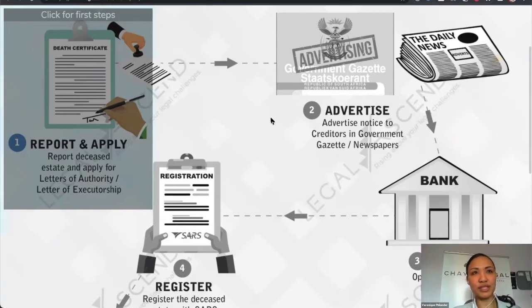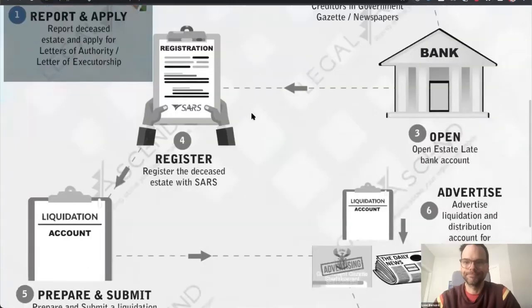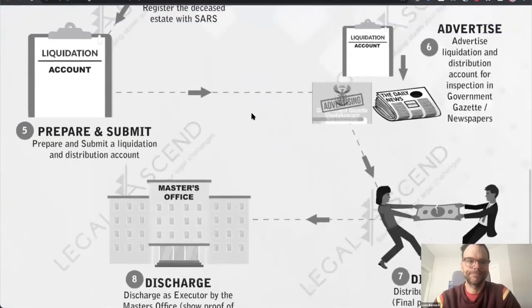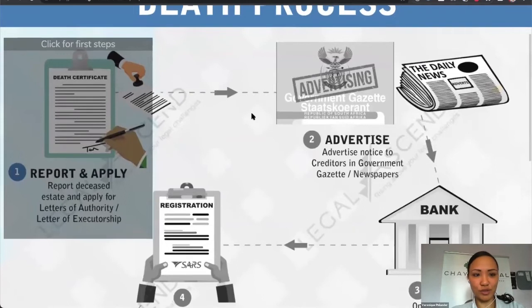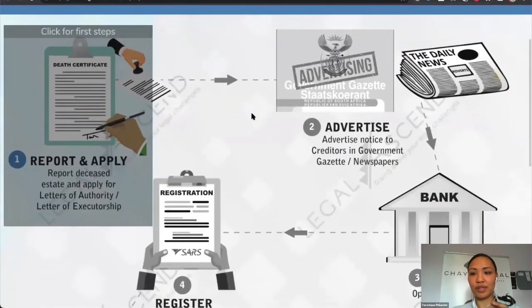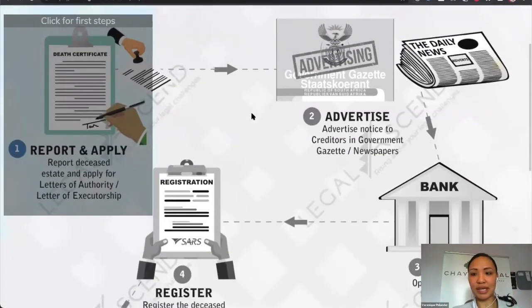If your estate is over $17,000, then you have to do the entire process, if you look at the map. But if it's less than that, you only have to do step one. So one of the critical questions in the beginning is, what was the value of the estate? And the other question is, did the person have a will? The value of the estate is critical because it will determine what process you need to follow.